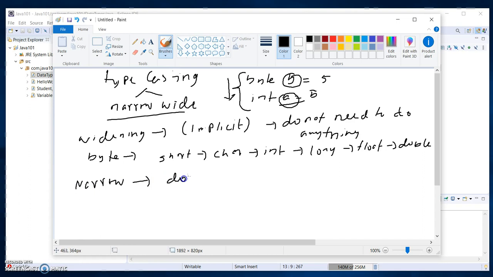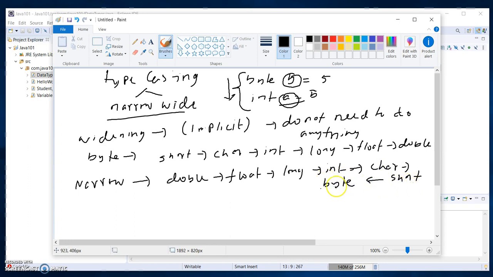প্রথমে থাকবে ডাবল, তারপরে হচ্ছে ফ্লোট, তারপরে হচ্ছে লং, ইন্ট, short, and then byte. Okay, তার মানে এগুলাকে আমাদেরকে explicitly ডিফাইন করতে